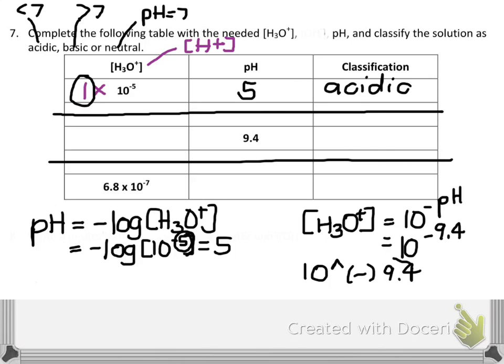That would be one way. Or you can type in the second button, then you'd hit log, and on your calculator you would see 10 up like this. Then you'd hit the negative key and then the 9.4. So on my calculator I have the little arrow up key, so I hit 10, up, negative, not subtracting, 9.4, and I get